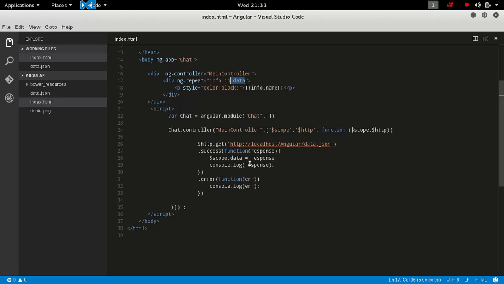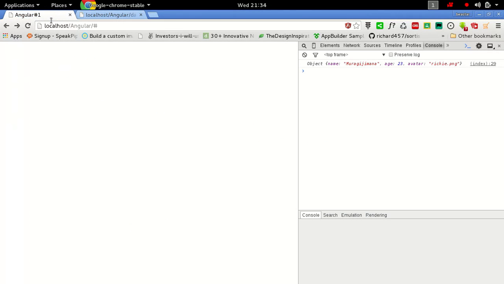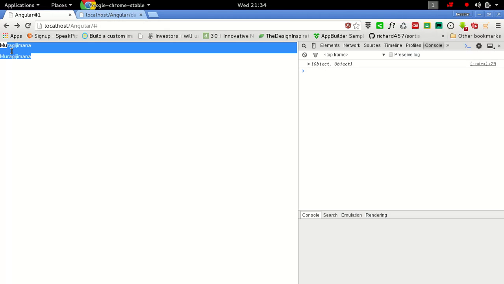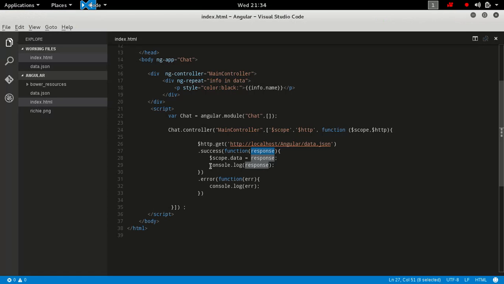And remember that we are getting data from this scope, which is normally a simple variable in AngularJS. This is how we create a variable in AngularJS, and we assign the response which is coming from the database. So go ahead and refresh this and you will be seeing the name. We have two names, my name, and we can even